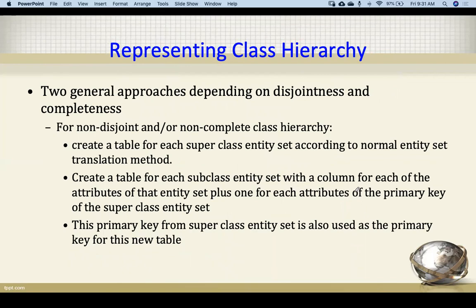Now we may have the hierarchical approaches that we have seen in generalization and specialization, right? In generalization, we go from up to down, and specialization goes from down to up. So the representation is the same, like this.